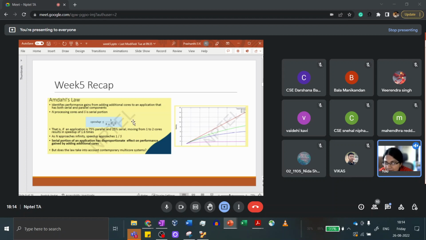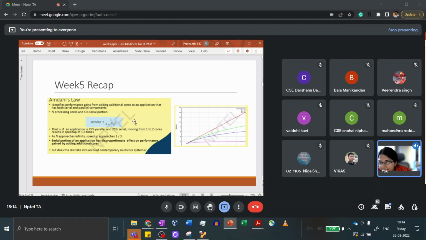Any answers to this? So the sequential takes 2 seconds and the parallel takes 1 second. What is the speed up that you get? So the speed up is simply 2 by 1. In this case it would be 2. So the sequential divided by the parallel. So you are saying that I am speeding up this sequential task 2x or by 2 times, right? So that is what the speed up measures.